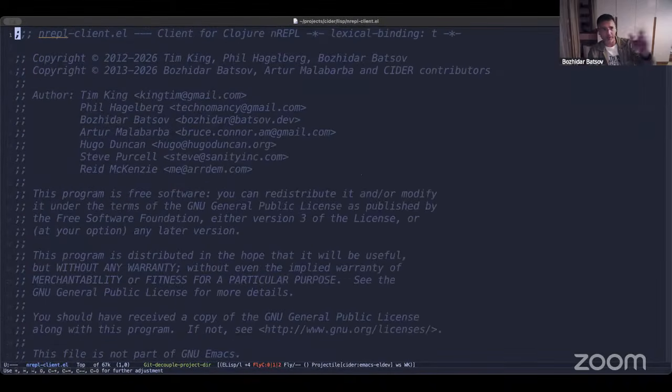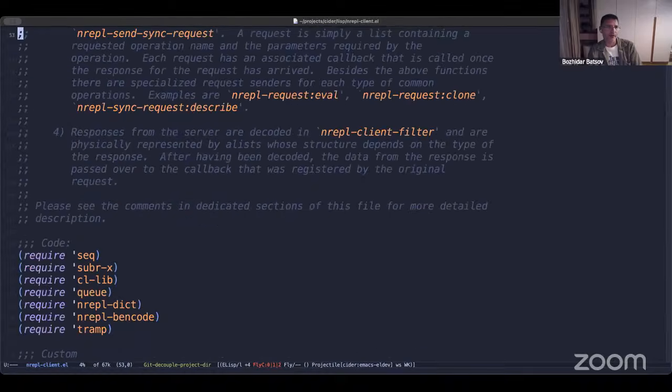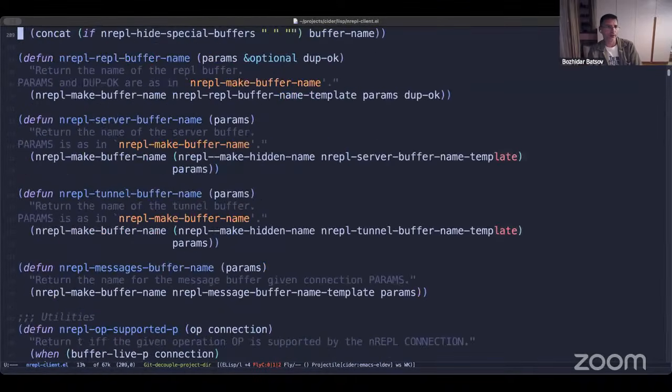And the most interesting thing is here. This is what was the original nrepl.el project for Emacs, and it eventually became the low-level part of CIDER, because this is where we have the connection management, sending a request to the server, processing the responses and whatnot. So this was kind of coupled for a very long time with some CIDER-specific functionality, like some evaluation